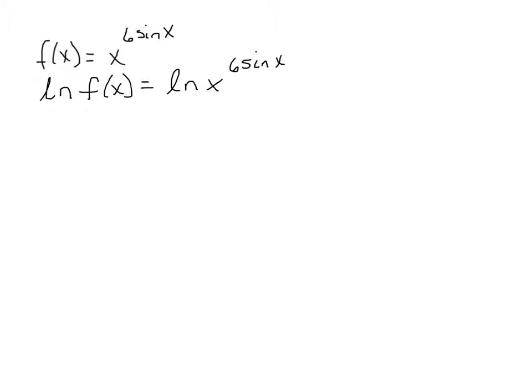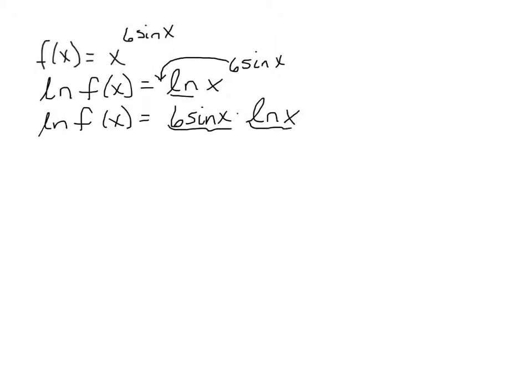And because of the log rules, we know that because we have an ln of this function, I can bring this function in front, because the log rules allow the power to become a multiplication problem. So we'll rewrite that right-hand side: 6 sine x times the ln of x. And the nice thing about this is it creates a situation where I now have a product. This would be my first. This would be my second part of the product, and I can use the product rule